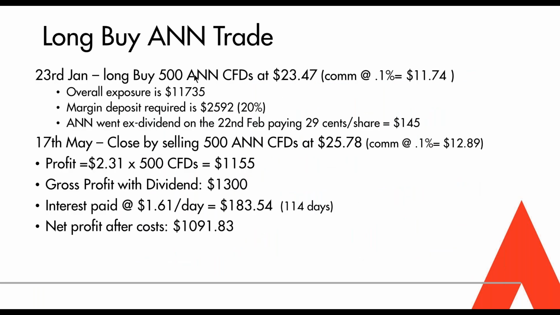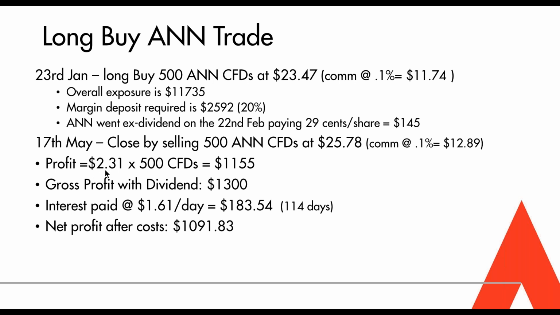So in January, we commenced the trade by buying 500 CFDs at 23.47, paid 11.74 in brokerage. Our overall exposure was 11,735. We paid a 20% margin, and remember our stock went ex-dividend, paying 29 cents, which was $145 to add to our trade. 17th of May, we closed by selling out at 25.78, paid our brokerage again at a profit,